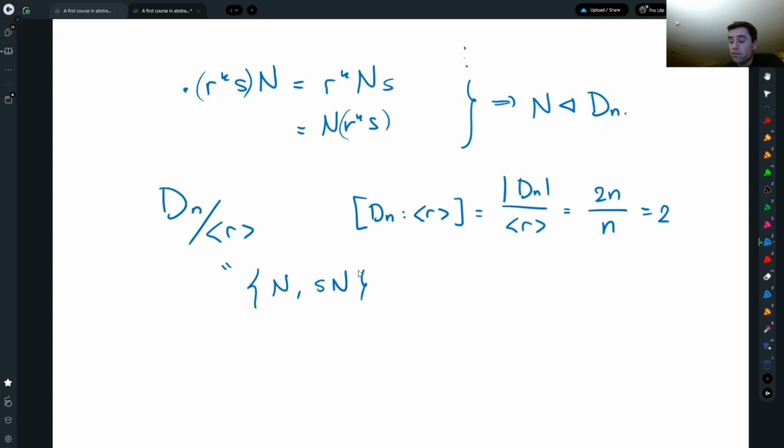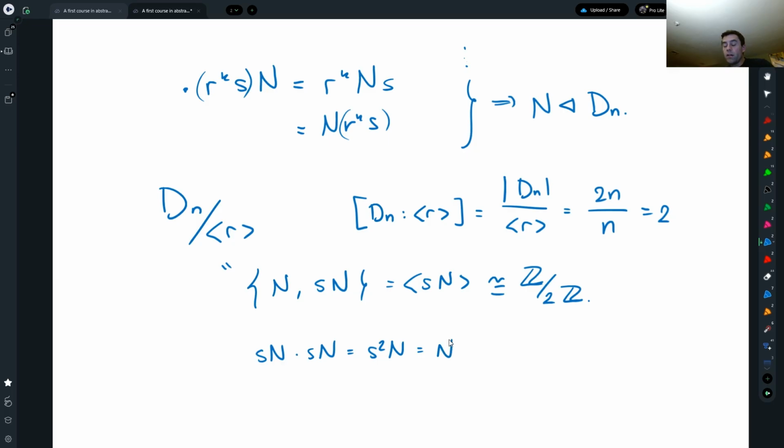So it is just generated by one coset of order 2. So it is a group isomorphic to Z modulo 2. And the operation is just Sn times Sn is S square n, which is just n. So you can see that it is, in fact, an element of order 2. So the quotient, again, of a non-abelian group, Dn, the dihedral group, by this element, I get a subgroup